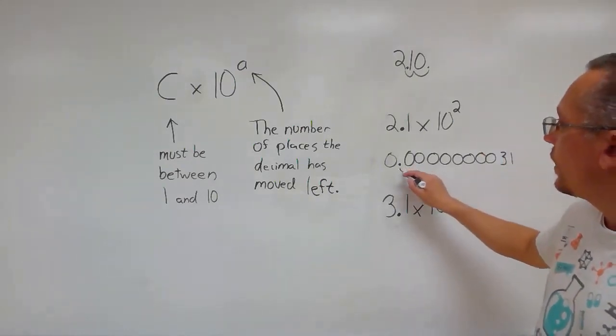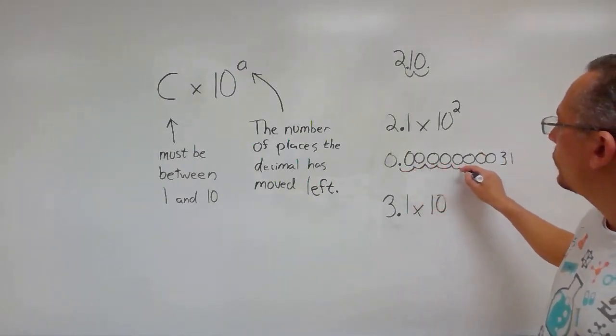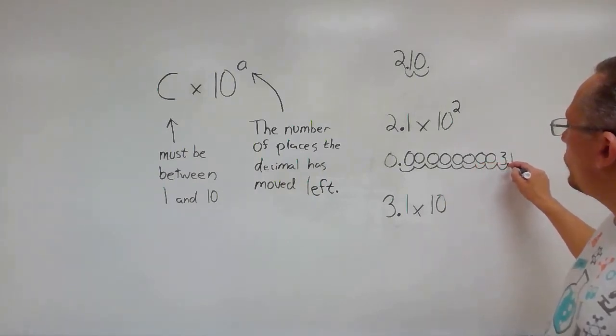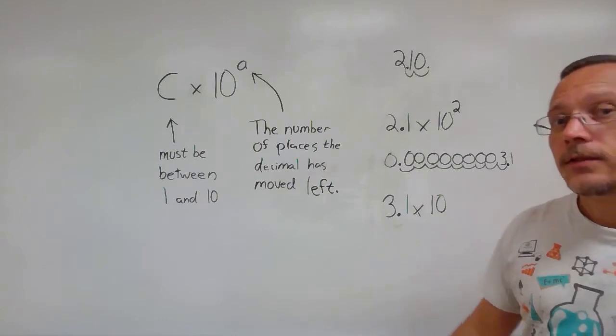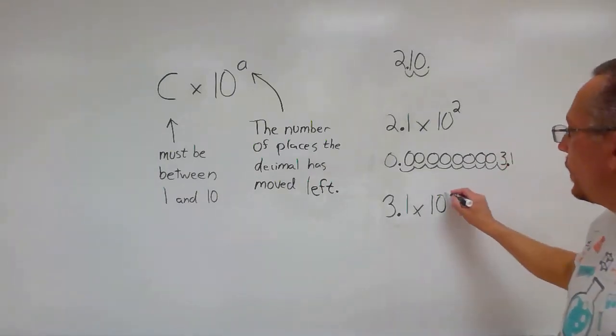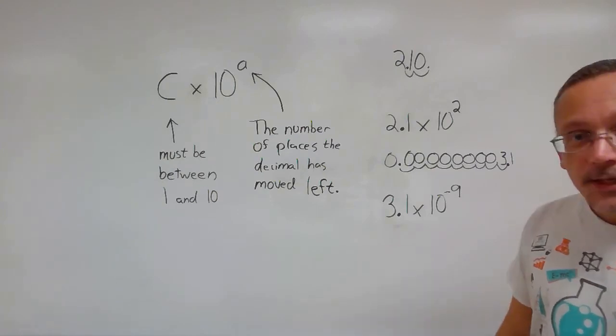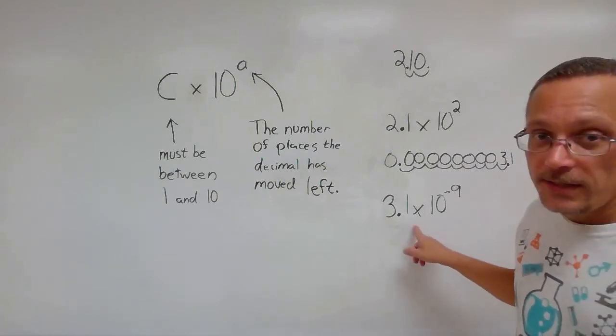So how many places is that? 1, 2, 3, 4, 5, 6, 7, 8, 9 places I moved the decimal point to the right. So I'm going to make it a negative 9. So that number would be 3.1 times 10 to the negative 9, which is a lot easier to write over and over when I'm doing a calculation than